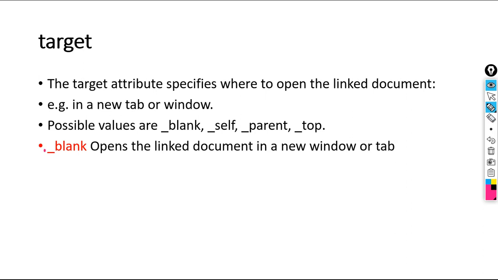See here, what is the meaning of underscore blank? Underscore blank opens the linked document in a new window or in a new tab. Okay, now